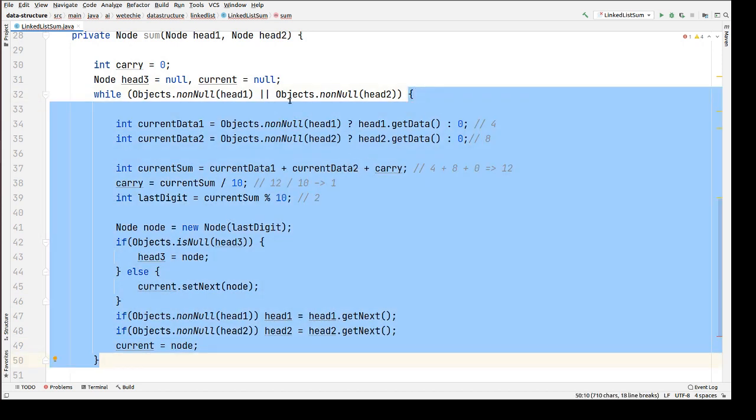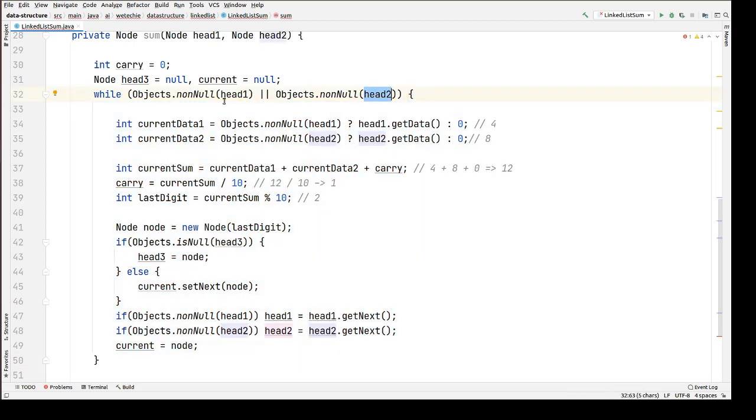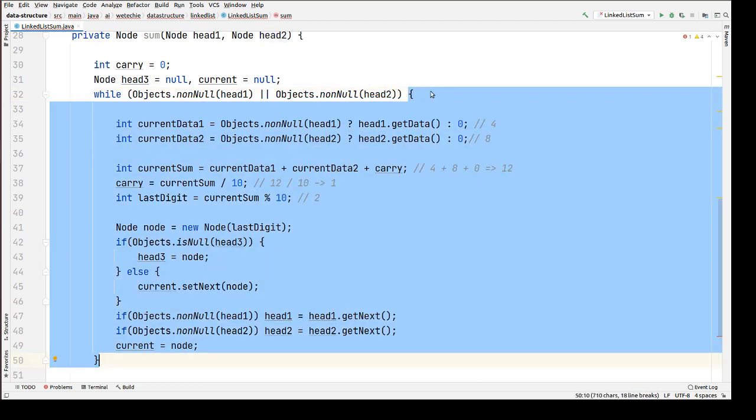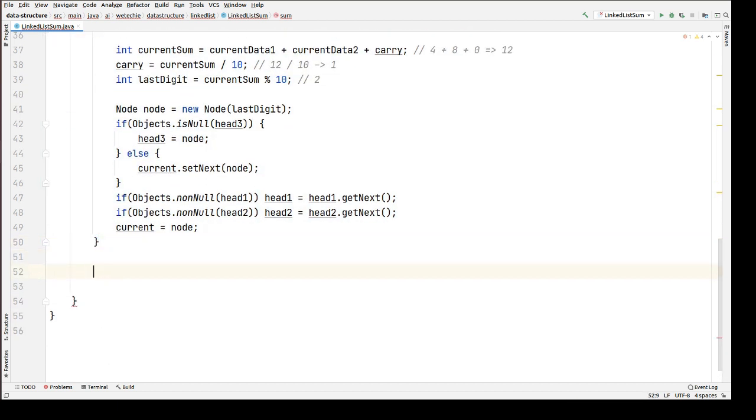When these both nodes, these both heads, will become false, and this whole condition will become false, control will exit from the while loop. So at that point we have to check, let's say, if carry value is 13, or 1, or 120, at that time we have to check whether